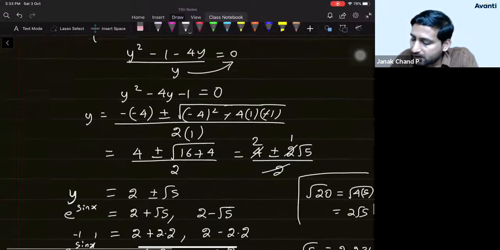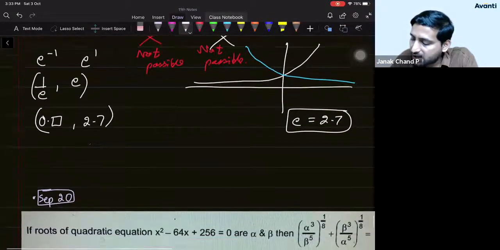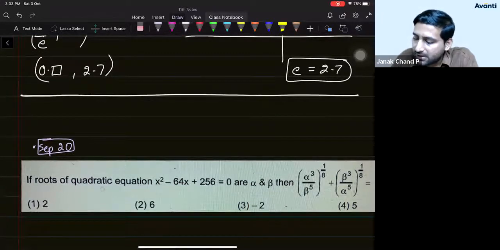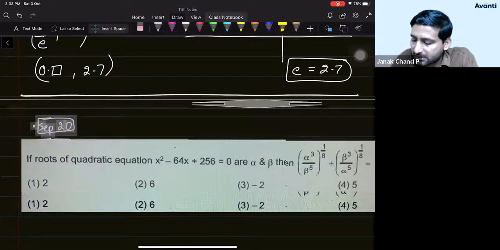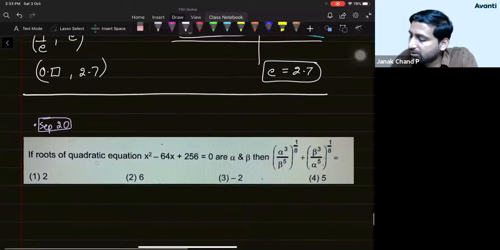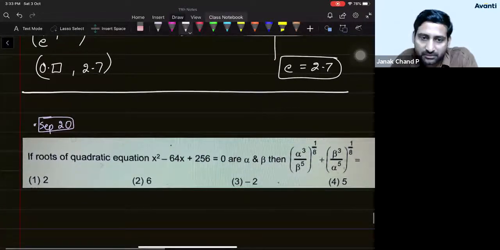Okay, so are you tired, student? I had one last question for today, then we are done with this chapter. Yes, students, you had a lot of patience, right? Compared to many other students, you have a lot of patience. So maintain your patience for another 5 minutes. This is the last question.